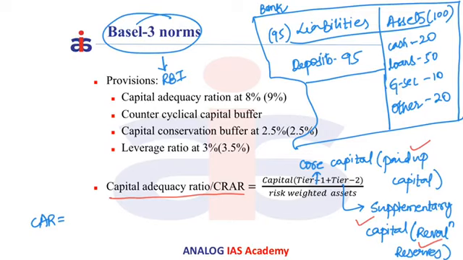Let us understand the capital adequacy ratio with an example. Suppose this is the balance sheet of a bank where it has liabilities of 95 rupees, that is, the bank collects deposits from its depositors to lend in the form of loans to earn interest. Therefore, the deposits form 95 rupees, and in the asset component, it has cash reserves of 20 rupees, loans of 50 rupees, investments in government securities of 10 rupees and other loans of 20 rupees.